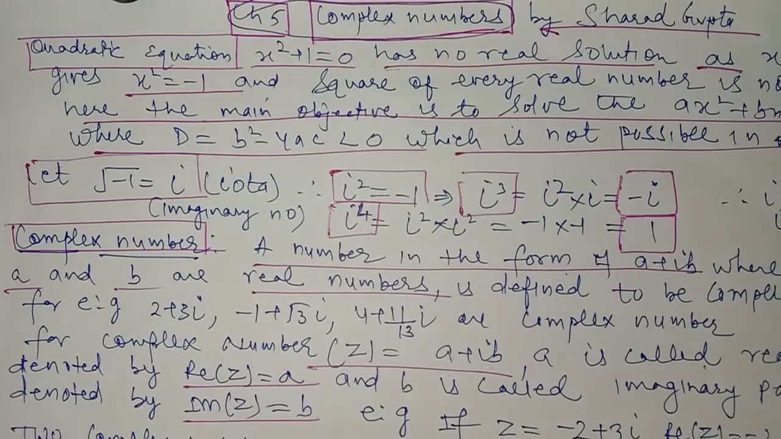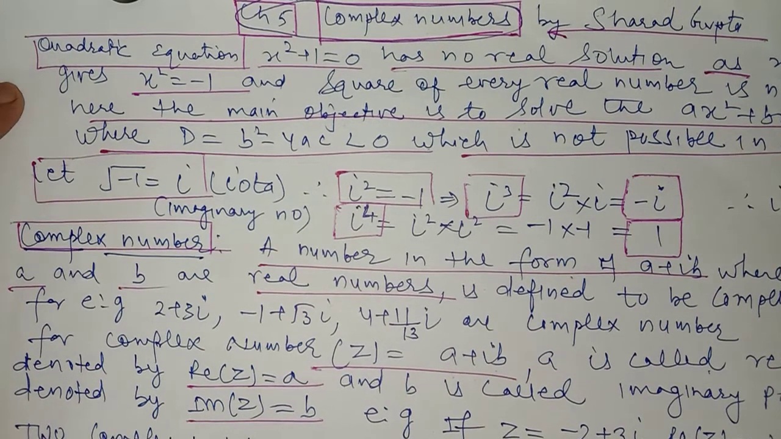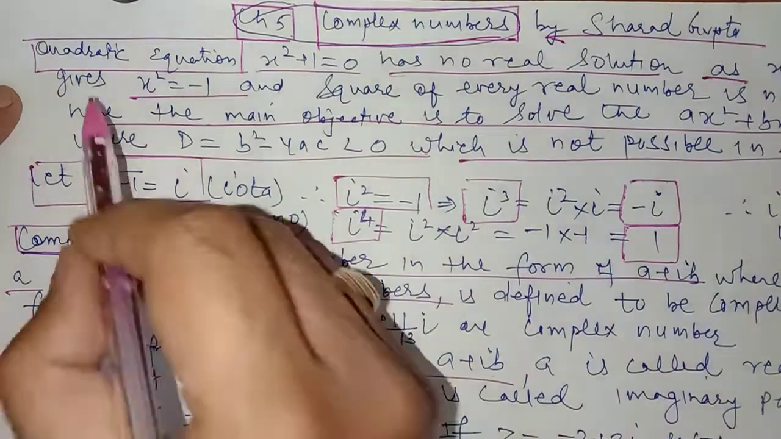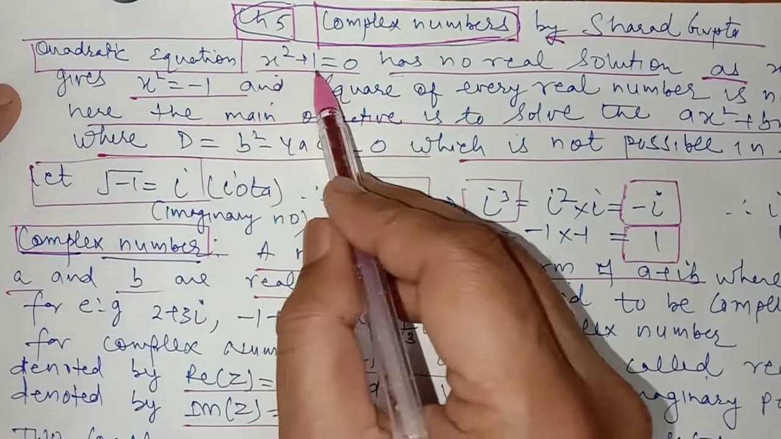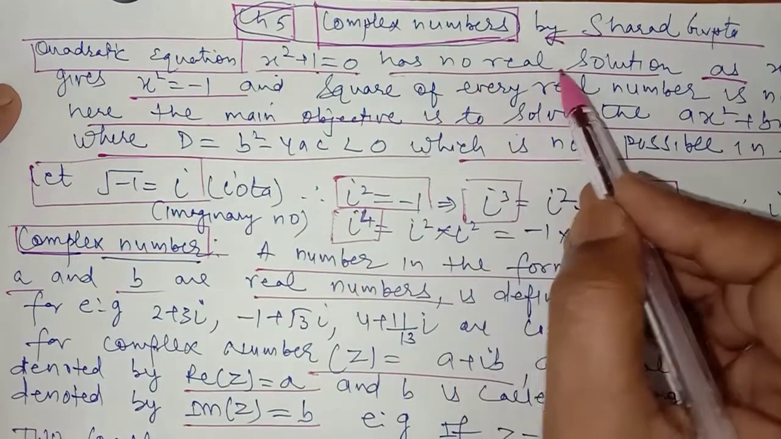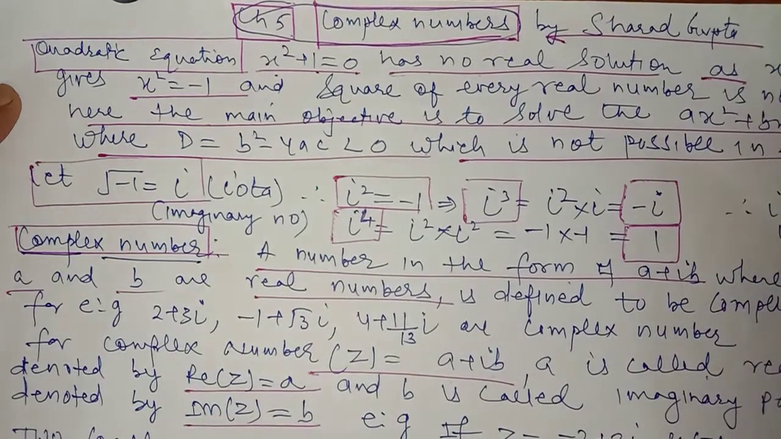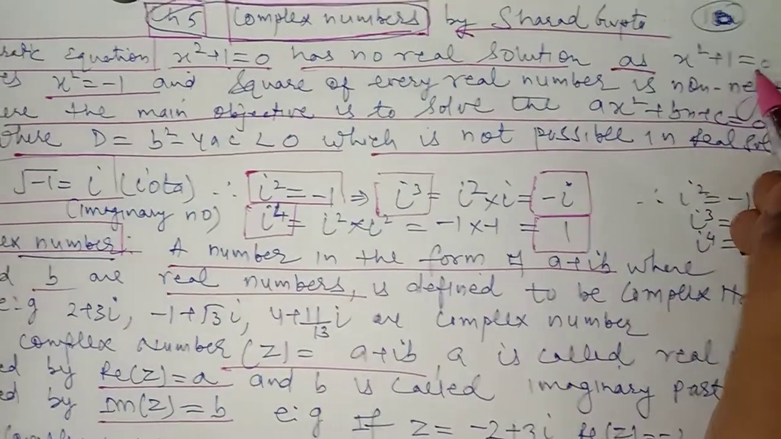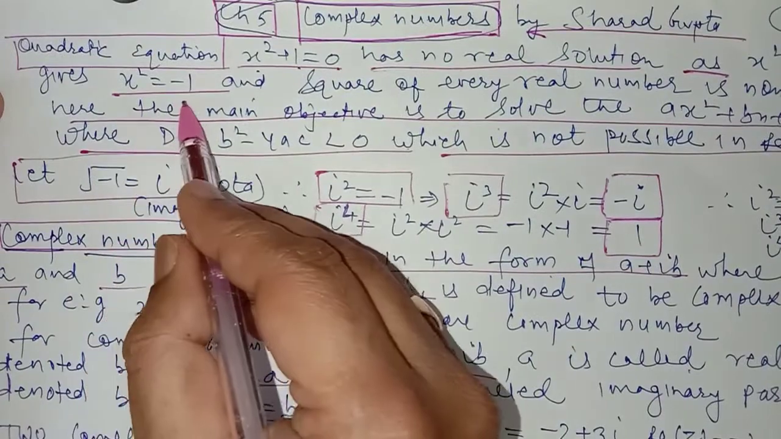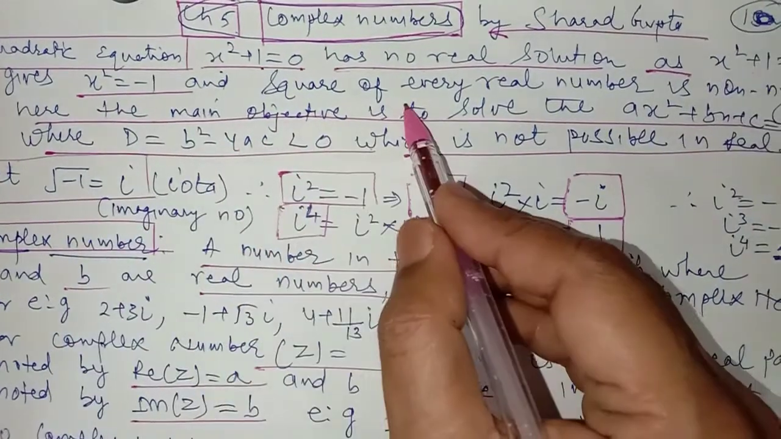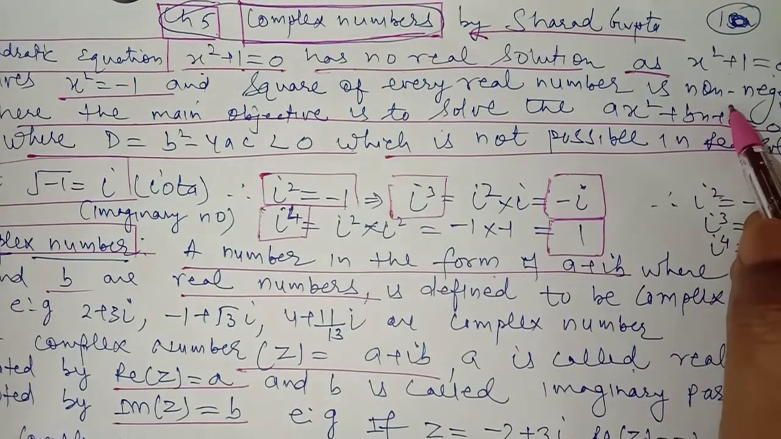Hello, this is lecture number 1 for the chapter Complex Numbers of class 11th, and we are starting with the solution of a quadratic equation when the discriminant of that quadratic equation is less than 0. So the quadratic equation x square plus 1 equal to 0 has no real roots, as x square plus 1 is equal to 0 gives x square is equal to minus 1,